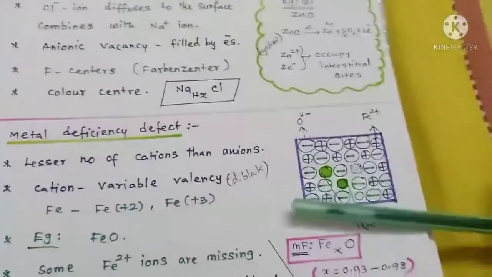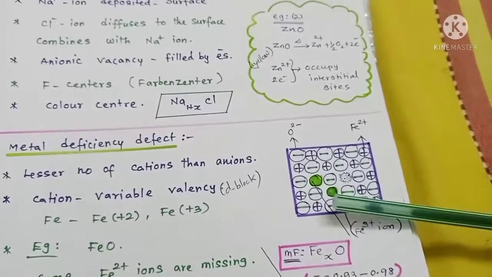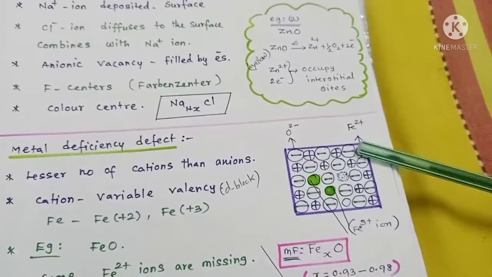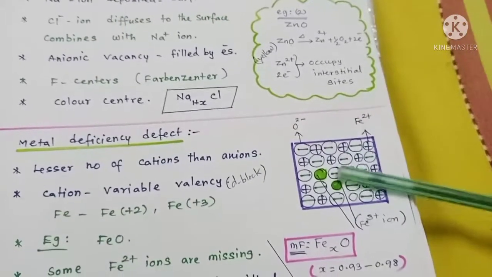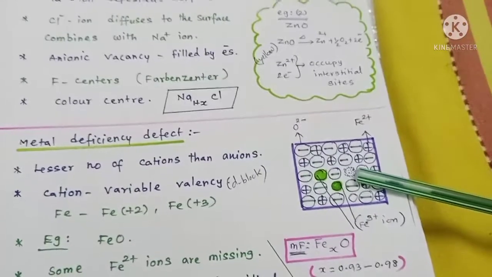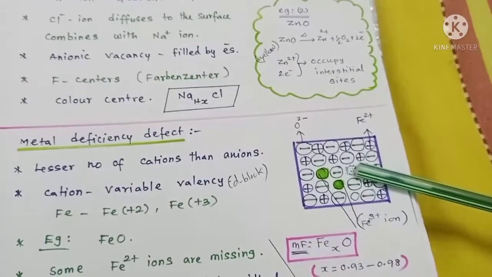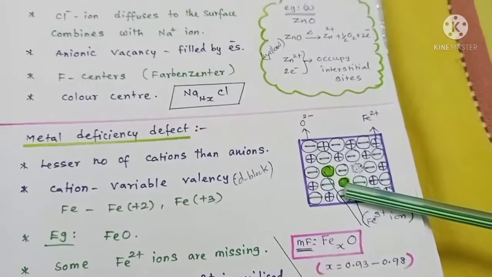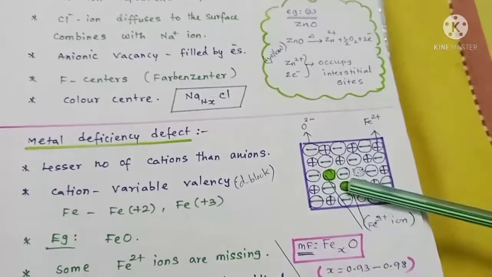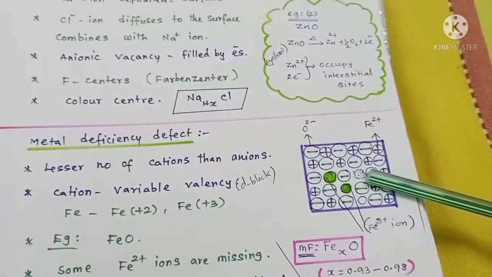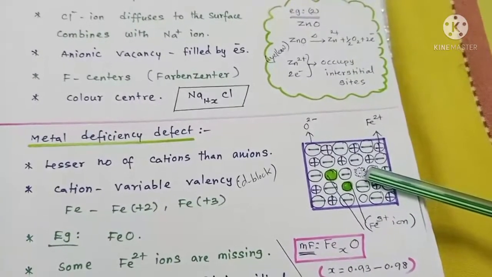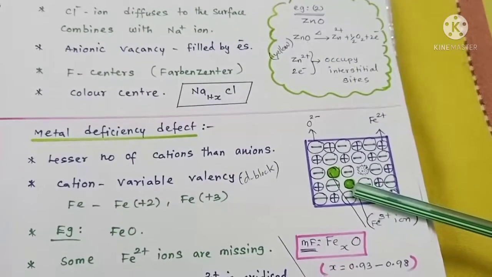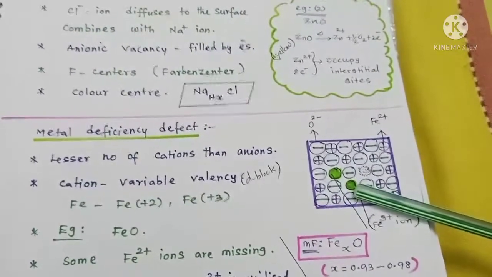Okay. Then for the metal deficiency defect. Okay. So this is the oxide ion. The smaller one is nothing but the ferrous ion, isn't it? Right. Now this dotted sphere represents that one Fe2+ ion is missing. Okay. Because of the missing Fe2+ ion, the two neighboring Fe2+ ions, these two colored spheres, are nothing but Fe3+ ions. Actually they were Fe2+. Because of the missing of one Fe2+ ion, to maintain the neutrality of the compound, these Fe2+ ions are getting oxidized into Fe3+ ions. Okay, right.